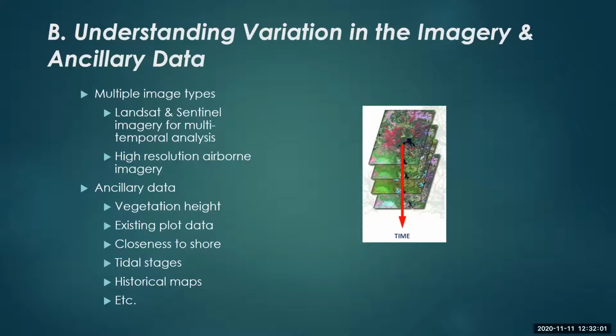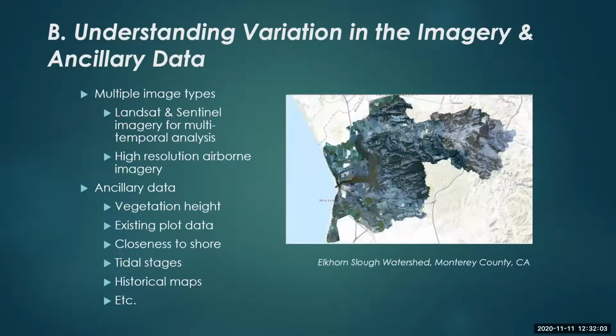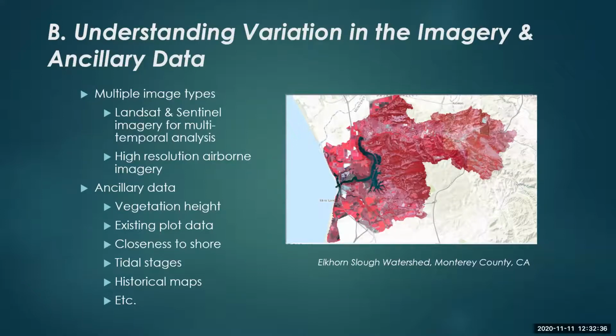But of course, to do the fine scale mapping, we also have to have high resolution imagery. So this is Elkhorn Slough watershed in Monterey County, California. This is the true color. This was the NAIP upgraded product that we bought here. Cost us, I think, $7,000, maybe $5,000, to get the entire area at 6 inches. So NAIP, again, is free at 0.5 meter, but we need 6 inch to do the level of work we're doing. And NAIP imagery is also multispectral. So you've got infrared, and it's a 4-banded data set. So you've got a really rich data set.